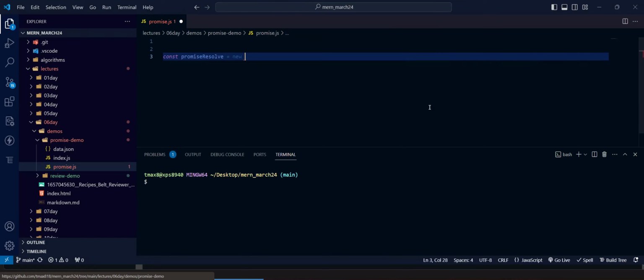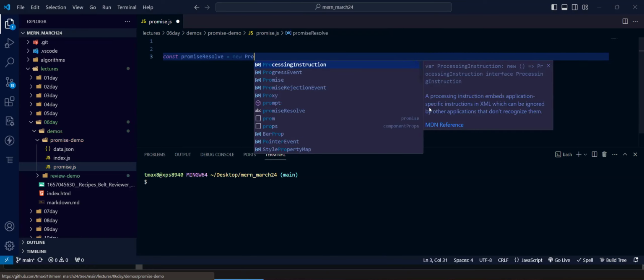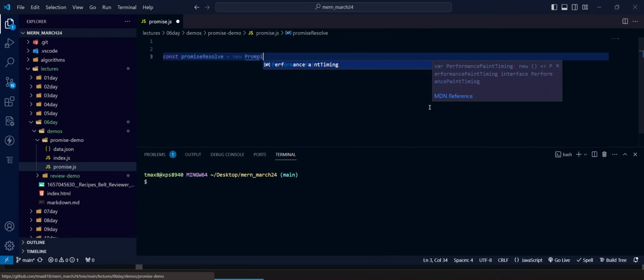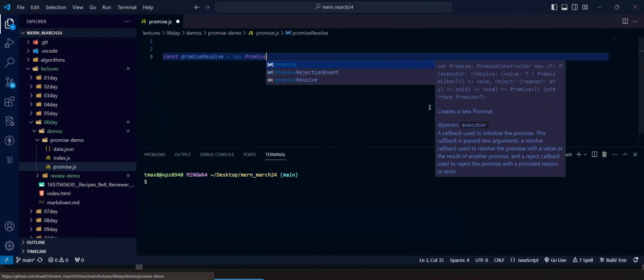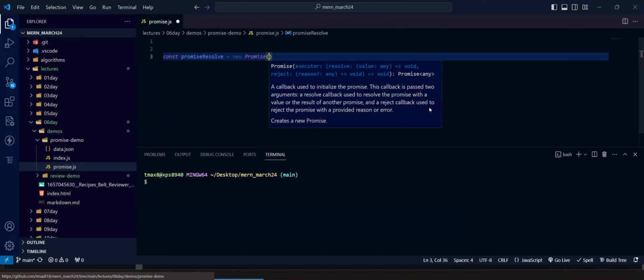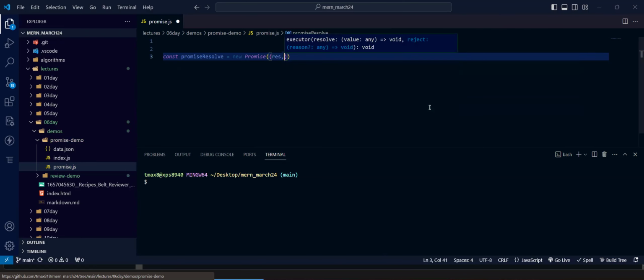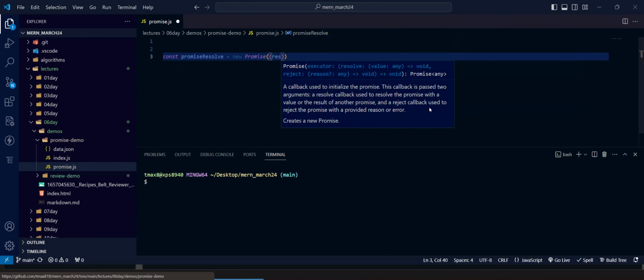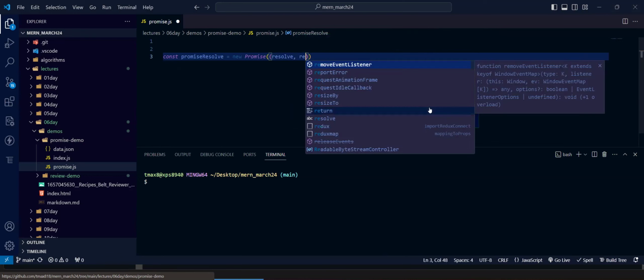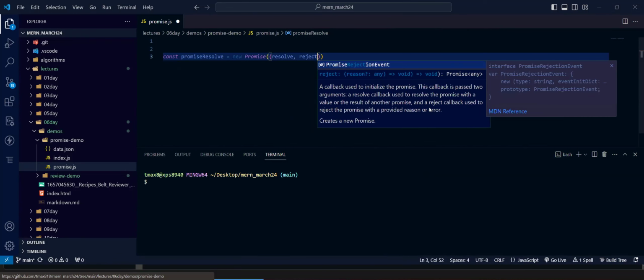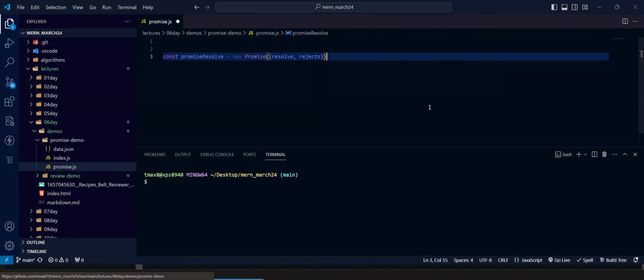And to make a promise, I use the new keyword and make a promise object. Okay, promises take a callback function with two parameters. Either it resolves, let me spell out resolve, or it rejects. And arrow function.